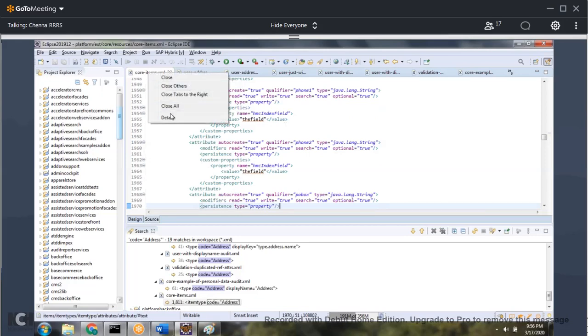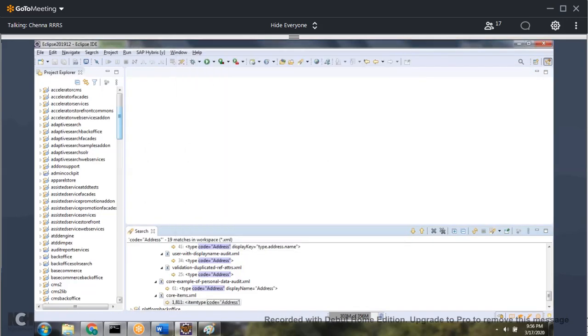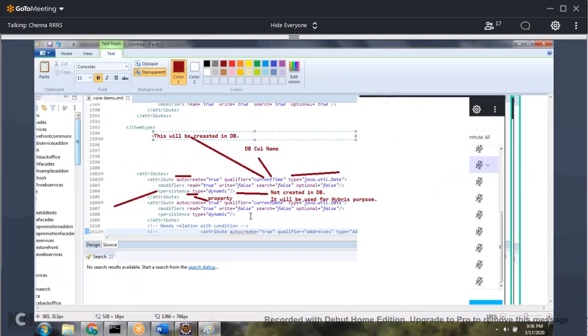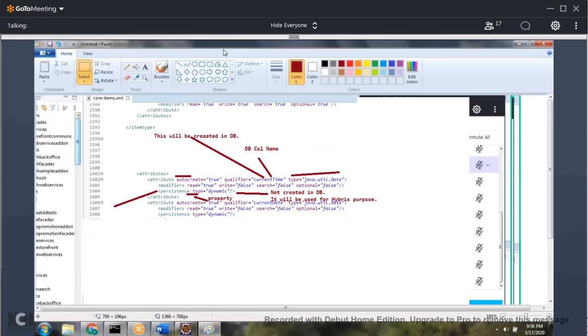Okay, that's fine. Let's close all this. Now let's come back here, our explanation, core advanced deployment.xml. Okay, let's take a small example.